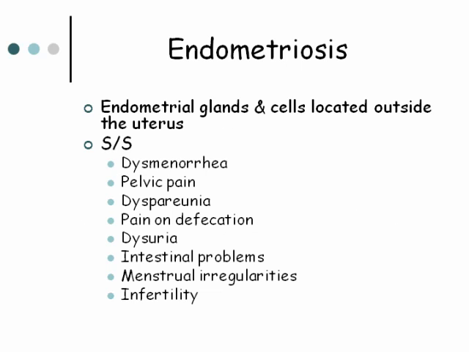Endometriosis is very common. This is when you have endometrial or uterine glands or cells that are outside the uterus where they're not supposed to be. Signs and symptoms: painful periods, or dysmenorrhea, pelvic pain, dyspareunia, which is painful sexual intercourse, pain when having a bowel movement, pain or burning with urination, constipation, menstrual irregularities. Their periods won't be regular, and it can lead to infertility